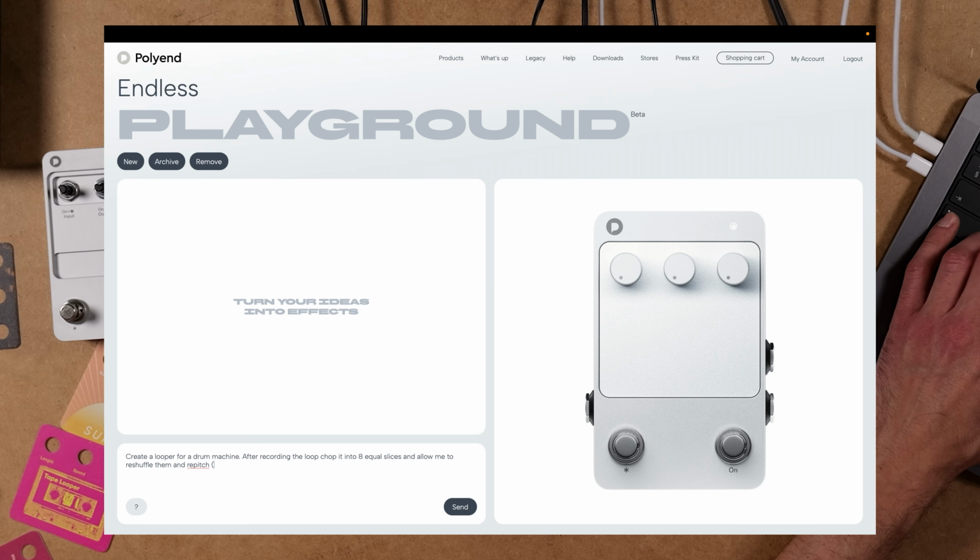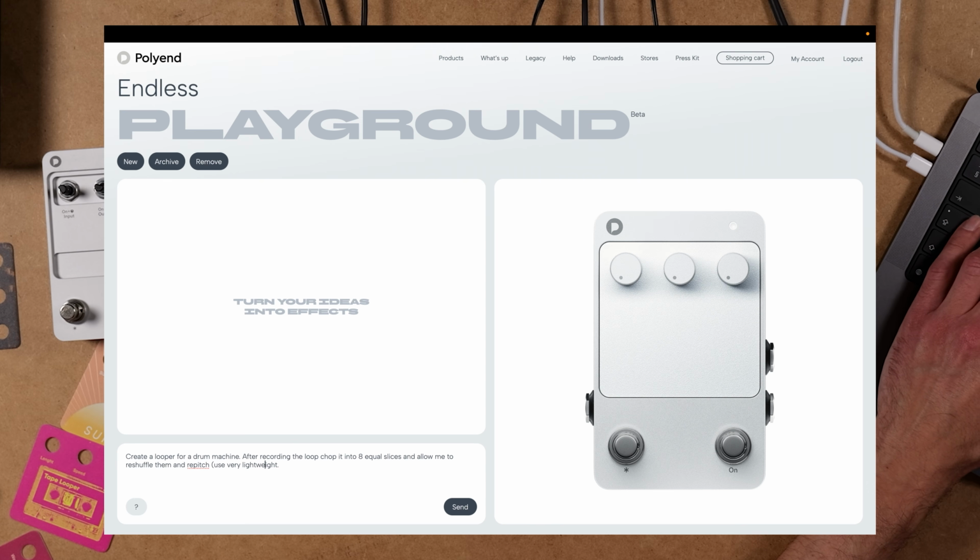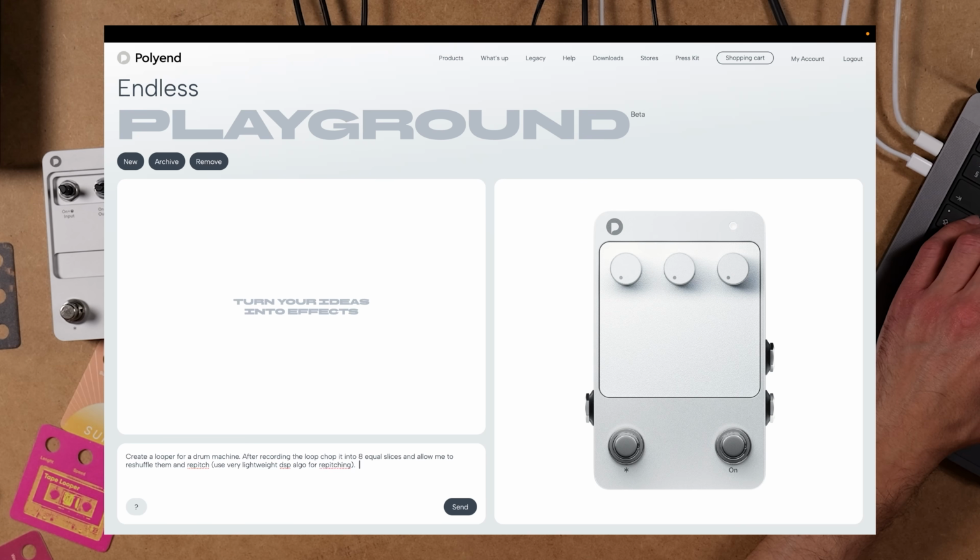Repeat, and I'll say use a very lightweight algorithm. It's nice to keep that, just in case. I don't want it to go crazy. You said probability, so I would add some probability that triggers a slice reverse.